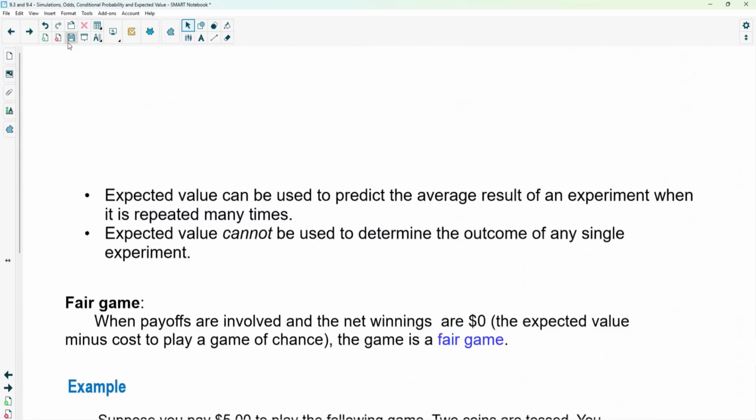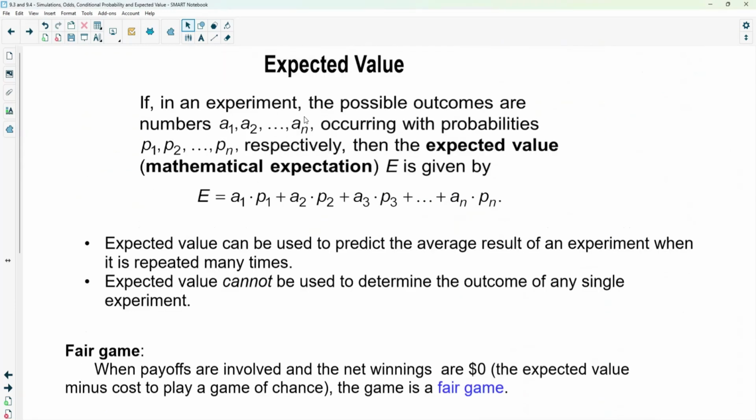And lastly, let me go ahead and move this because it's thinking. There we go. It's expected value. So expected value is basically the possible outcomes that you may have in an event, over the probability that event happens, right? And then, so for example, let's say you're playing a game, and in that game, you can